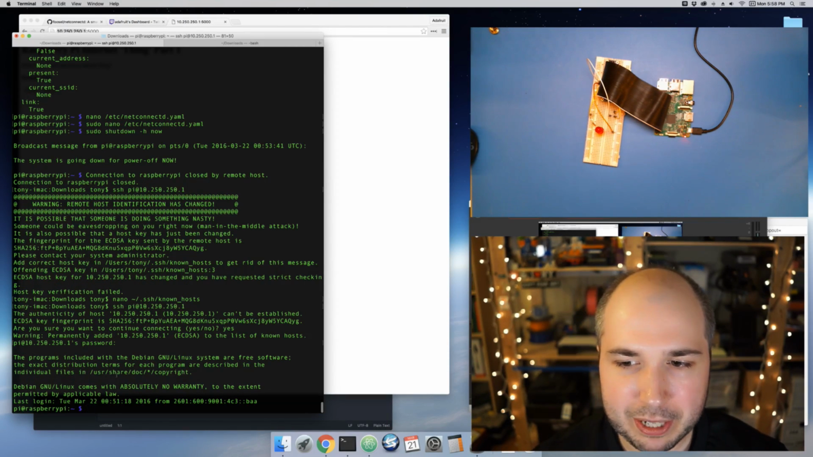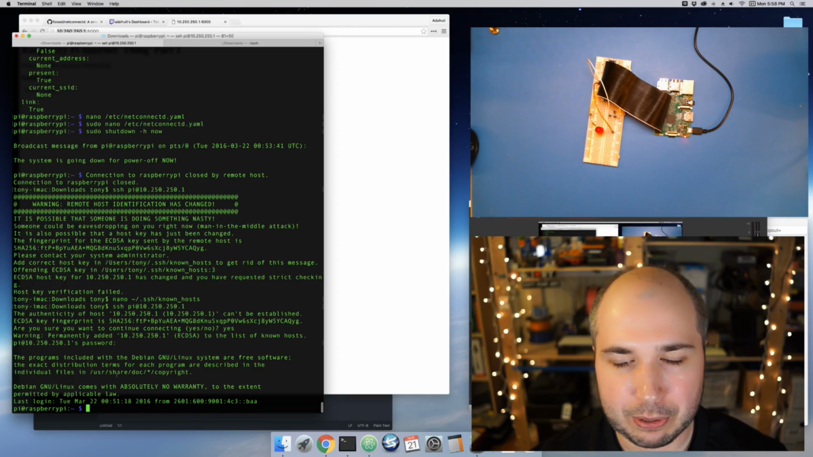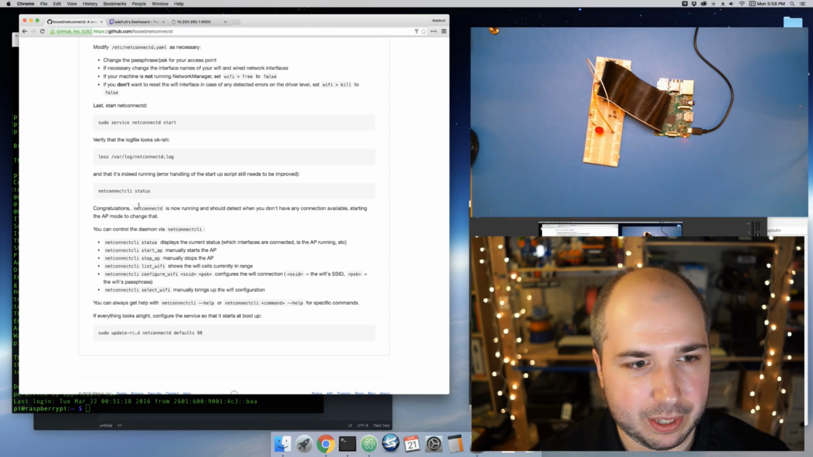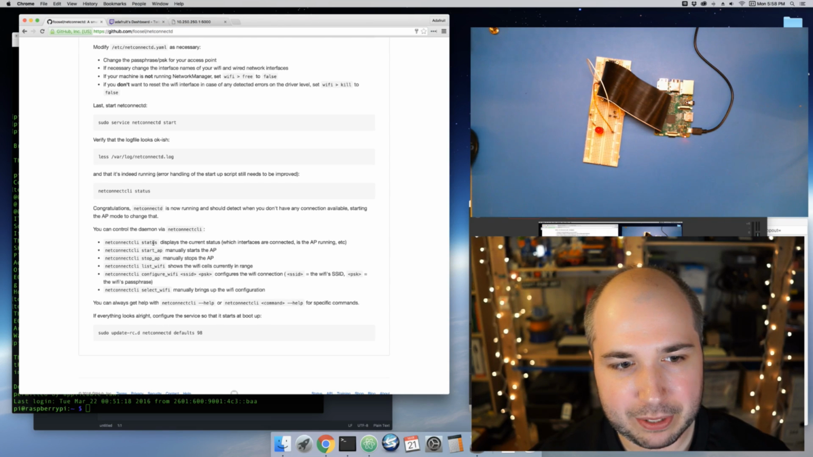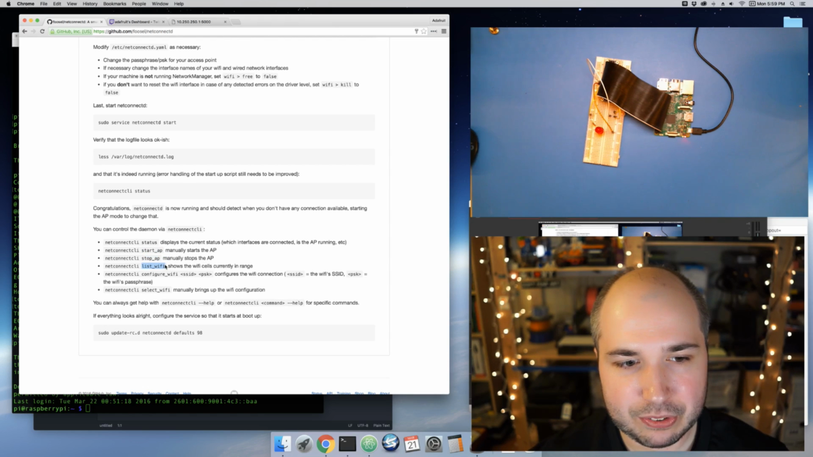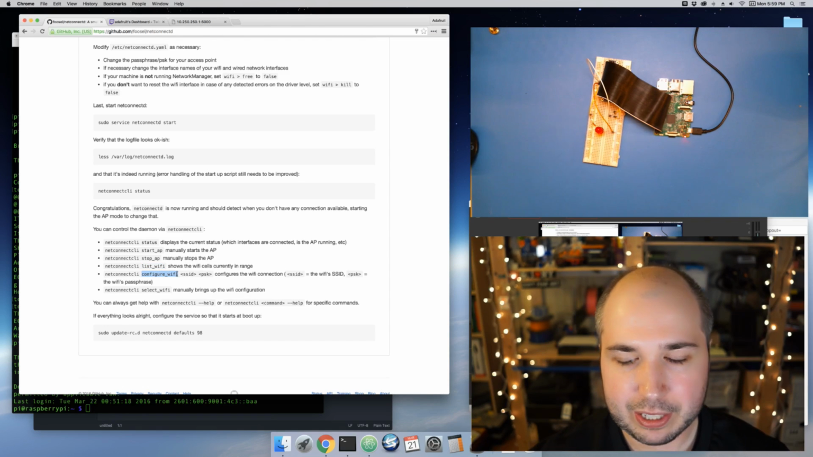Now the really neat thing, and I'm not going to get into it in this video, but there's more to netconnectd than just running the AP. So it has some more commands we can use with that netconnect CLI. So there are other commands here. I can actually explicitly start and stop the wireless access point, or I can have it list Wi-Fi networks that it sees and even configure it to say, hey, connect to a Wi-Fi network so that when